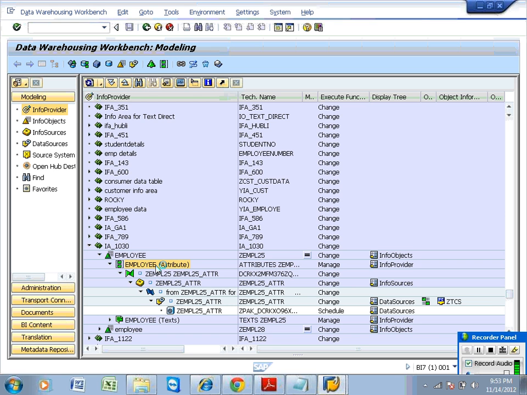If you right click the data source, or the data target, then you can see the data flow diagram information. In the data flow diagram, yes, we can see PSA.